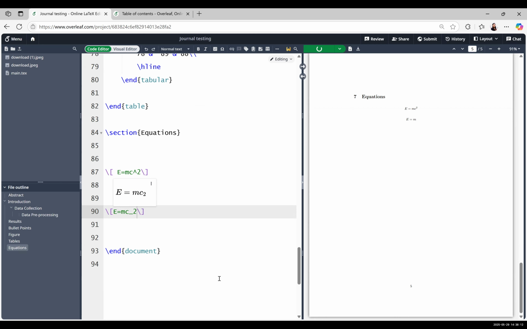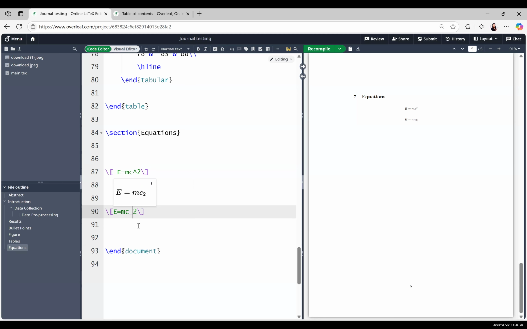Now you can see that this subscript has been created. Okay. So basically, in order to use the subscript, you need to use this underscore. And then in order to do the superscript, you need to use this caret. Okay. And now quickly, if you have more than two values to put in your superscript or subscripts,